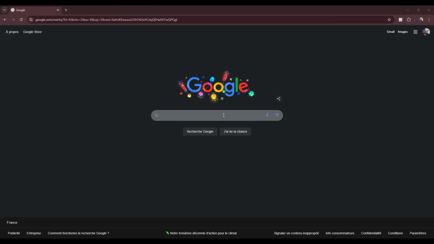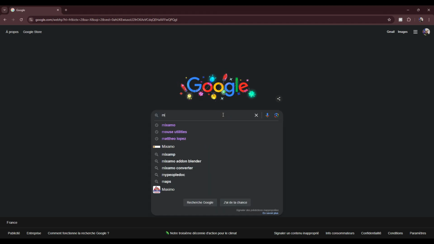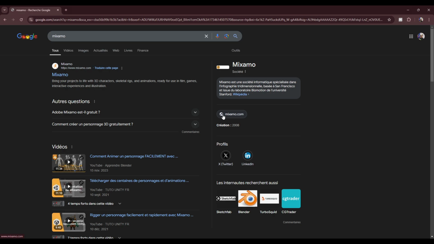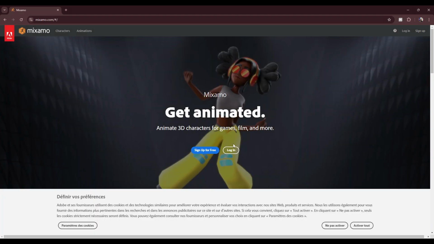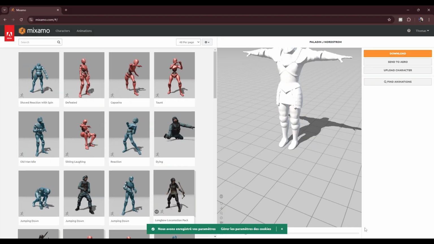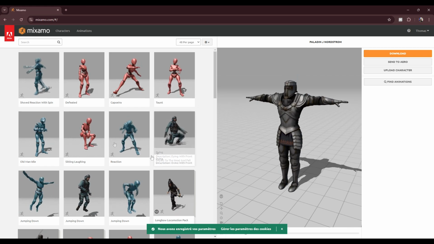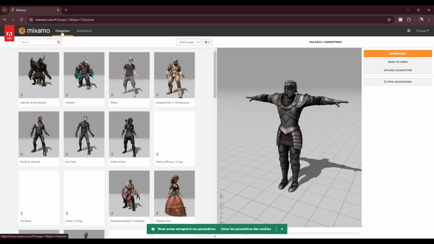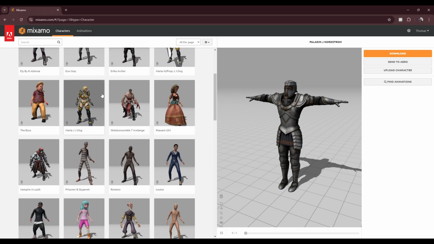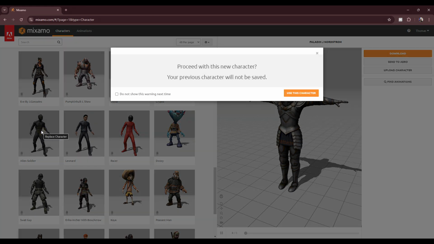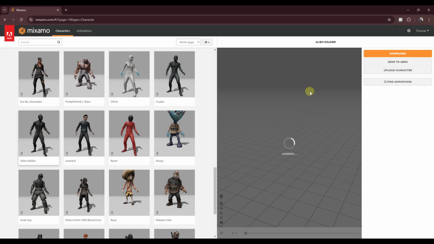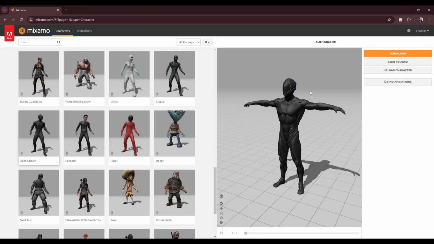To begin with, our character will need a skeletal mesh. You can get it from the Epic Games Marketplace or from your personal work, but here in this tutorial I will show you how to get it from Mixamo. Once you're logged in, click on the Character tab and look for the character you want to implement in your project. For me, it's going to be this alien soldier. Click on Download,